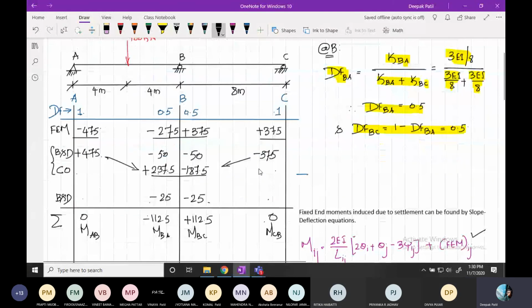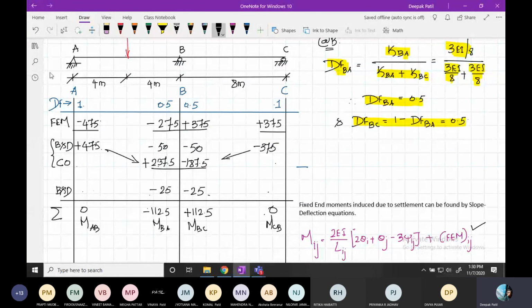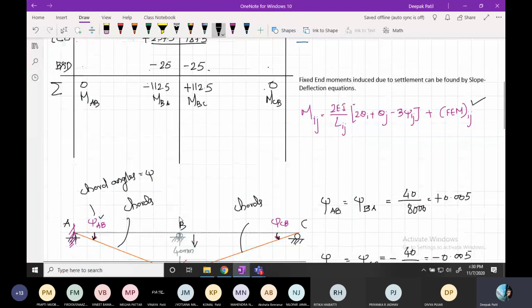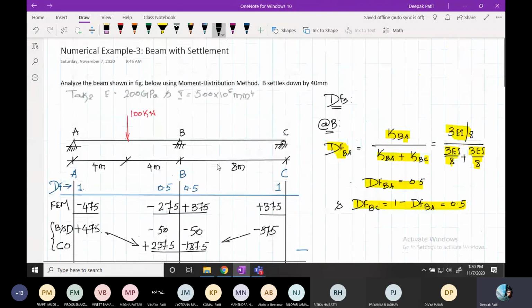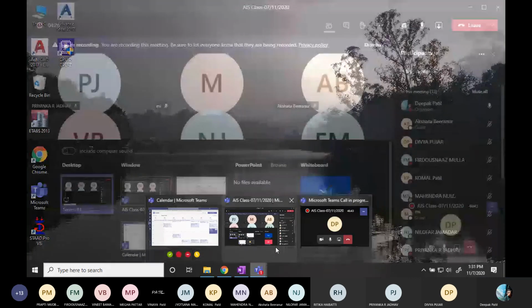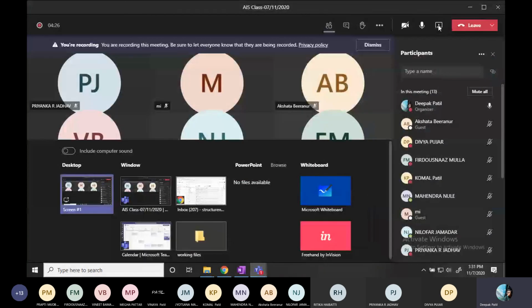Okay. So I'll stop my class here. Next class will take these two examples, and I will take any one of the examples and tell you how to draw the shear force diagram and bending moment diagram. Or shall I tell now only? I don't have the values. Actually, I have to calculate them. Okay, no issues. I will draw the shear force diagram and bending moment diagram, and I'll send it in the WhatsApp group.